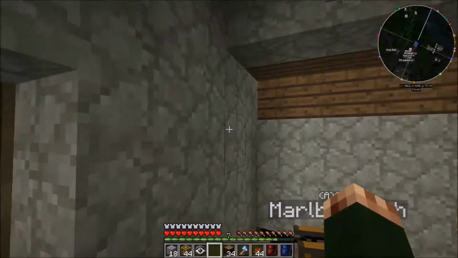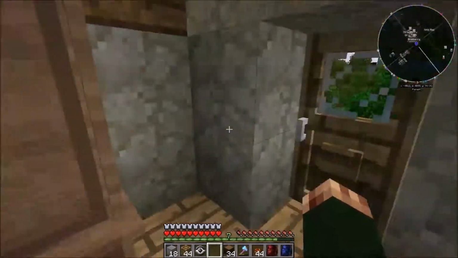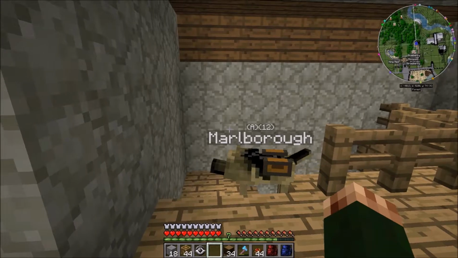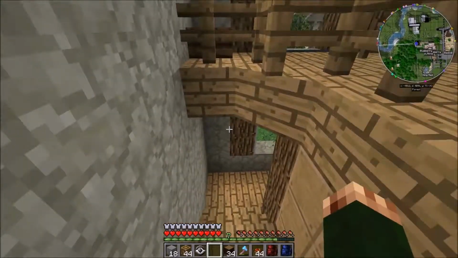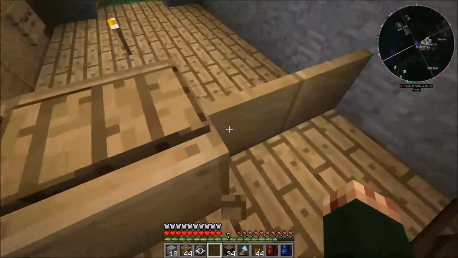And I have removed this double door that was here just to make this area flow a bit nicely. I can't speak English. Okay. But it's turned out pretty cool. And if we go around this area here,